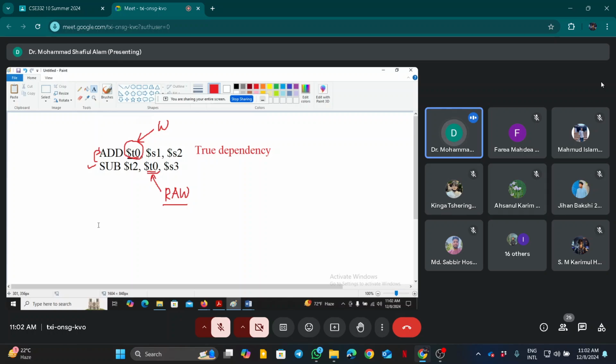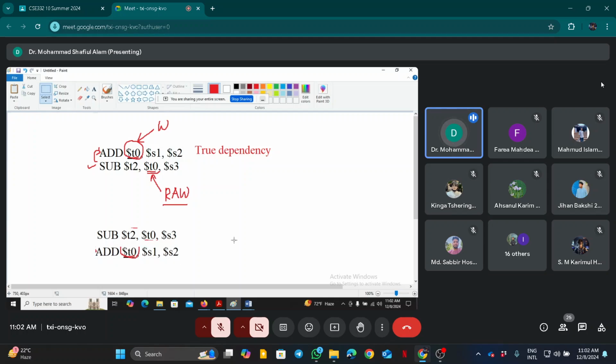For example, let's say if we have instructions like this,